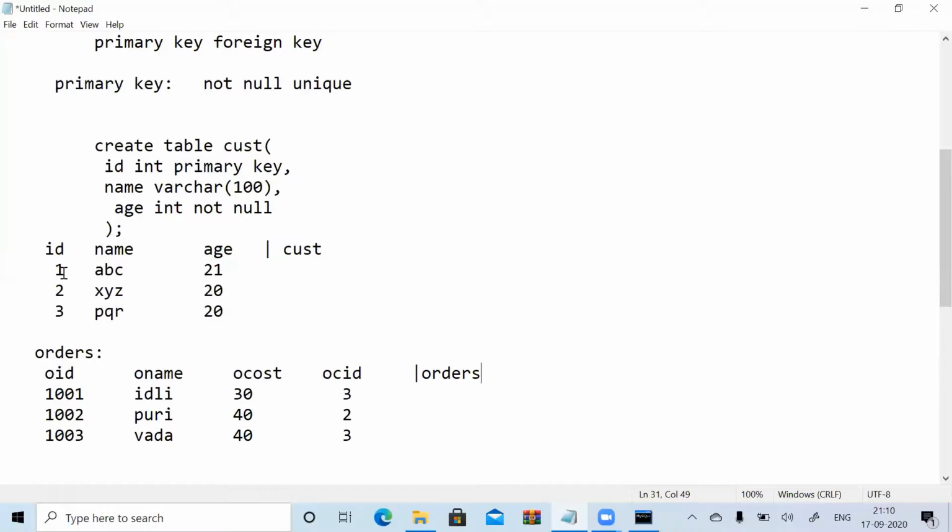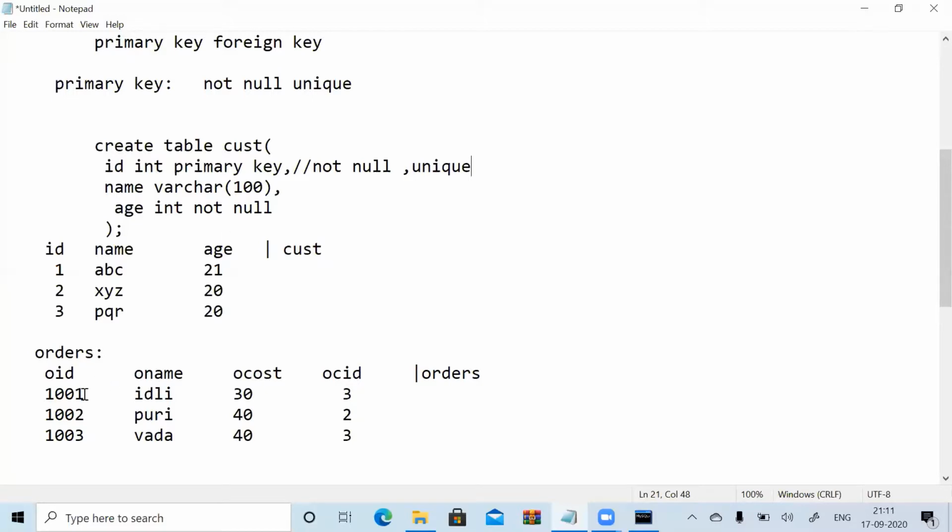Now if you check, what is the primary key? Your ID is a primary key. What does a primary key define, my dear? Whenever you define a column as a primary key, it will not accept null values, and it will become unique, meaning you don't have any duplicate values. That is the meaning of a primary key. Now we have chosen ID as the primary key.